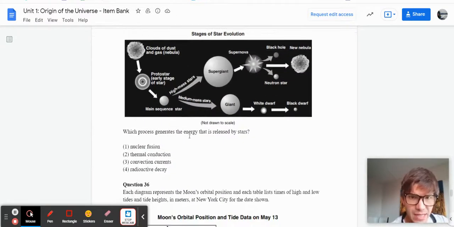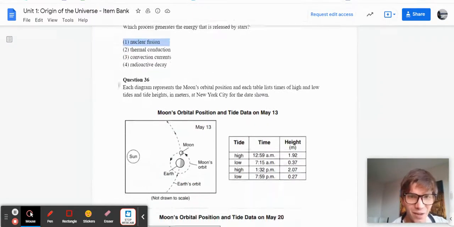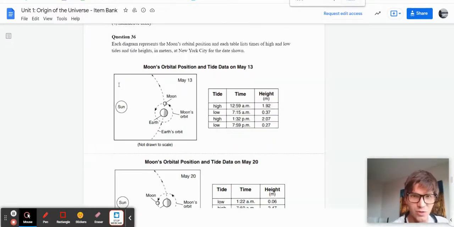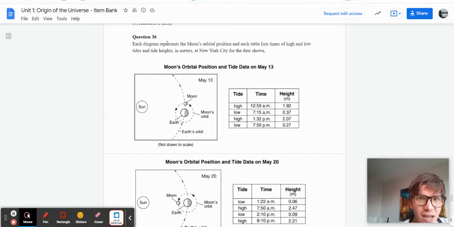Which process generates the energy that is released by stars? We know that's nuclear fusion. I'm not even going to go over that again, because you know I love those questions. 36,